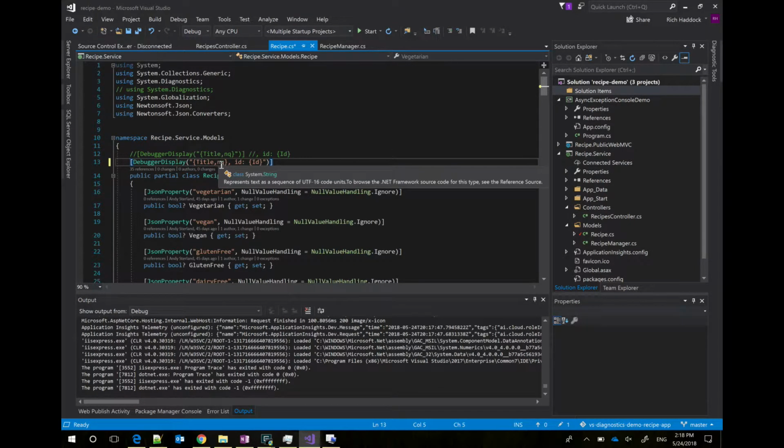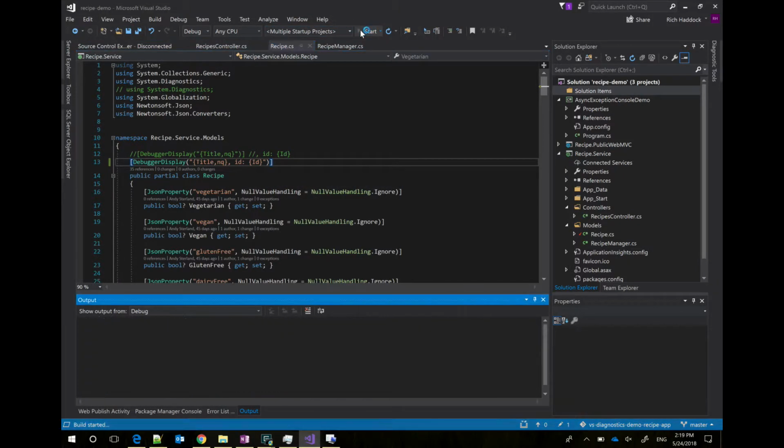NQ means no quotes. There's another part of the presentation that talks about all the ways you can decorate some of these things. But that's what I'm going to do. I'm going to uncomment that, save it and kick it off again really quick and see if I can get maybe some more helpful information about that recipes IEnumerable and maybe help me debug better.